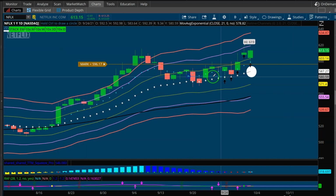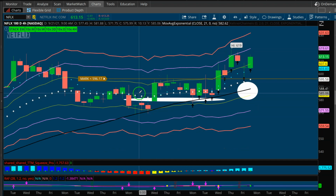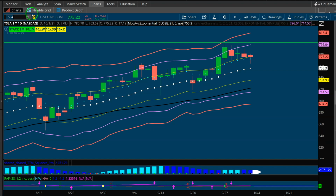So we took a position here in that daily squeeze, sold some put credit spreads, and you also had a 4-hour squeeze here, which just held up remarkably well given the overall market environment, and that gave us the push that we needed there to take profits on yesterday's move into all-time highs. So we hit some Netflix there, and now for open positions, in the Mastery, we do have a put credit